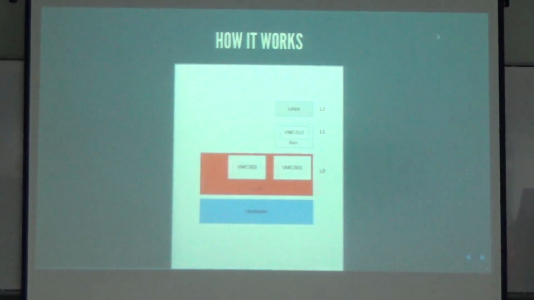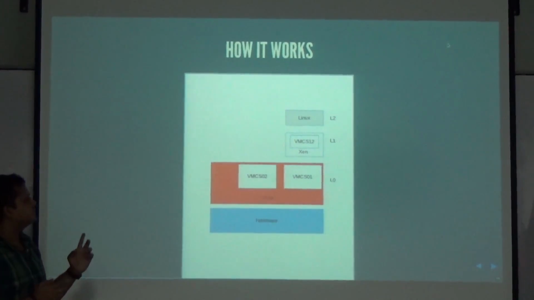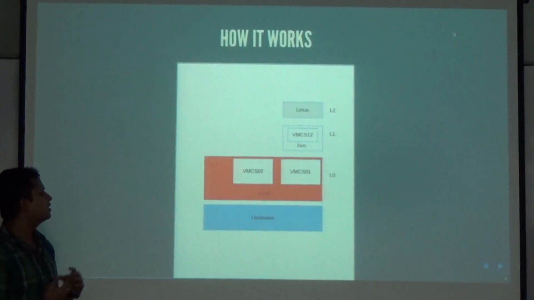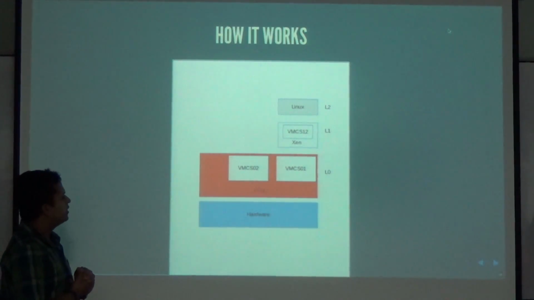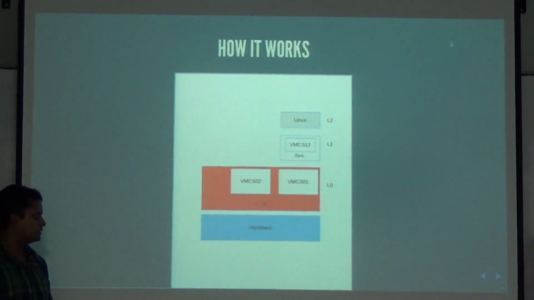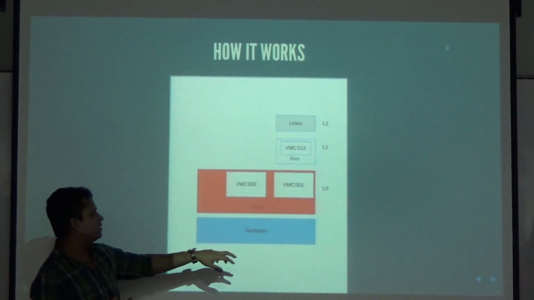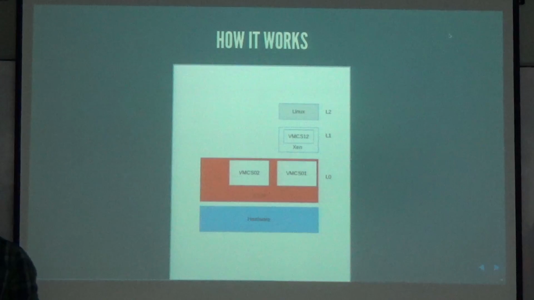I don't know how to explain this, but I can try, and please feel free to ask questions. So we spoke about the virtual machine control structures, right? A virtual machine control structure, you can think of it as something that is used by the processor to launch a guest.